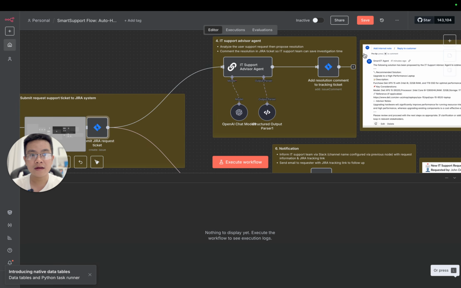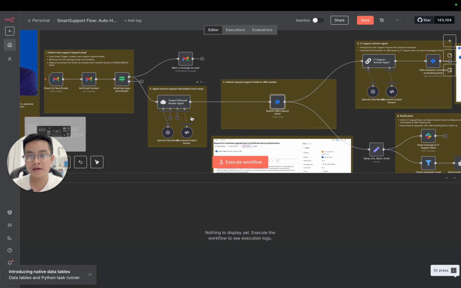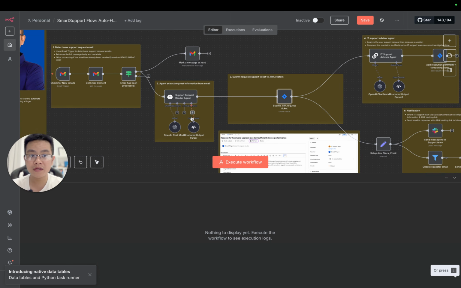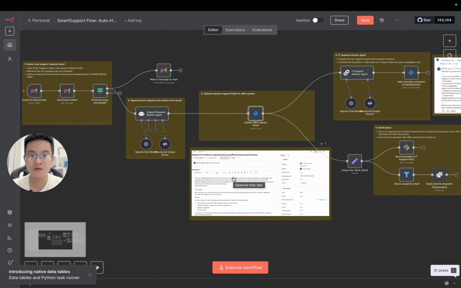Okay, and then you can use this in this step to create a command. So it's quite simple, right? I have the workflow public for free on the n8n template, and I will also provide a link in this video so you can give it a try and make some adjustments depending on your needs.